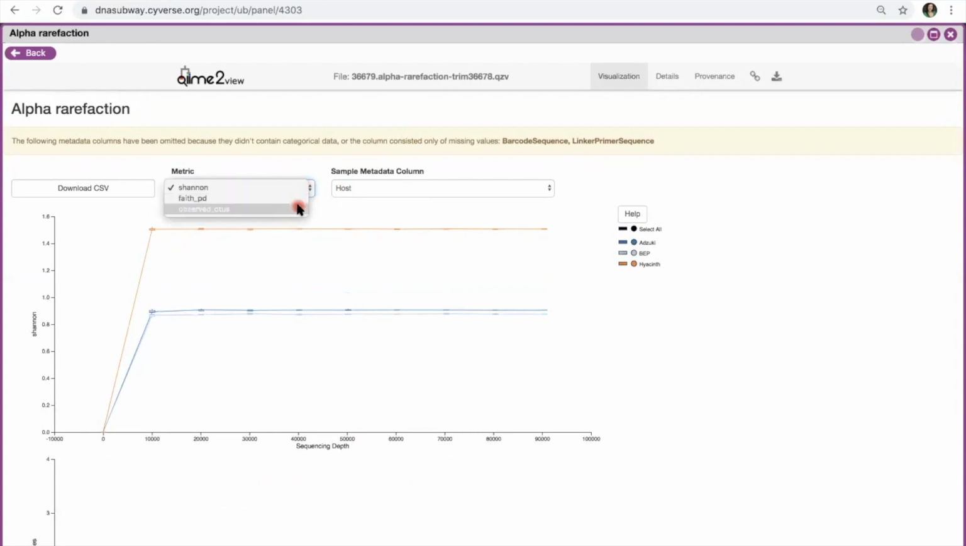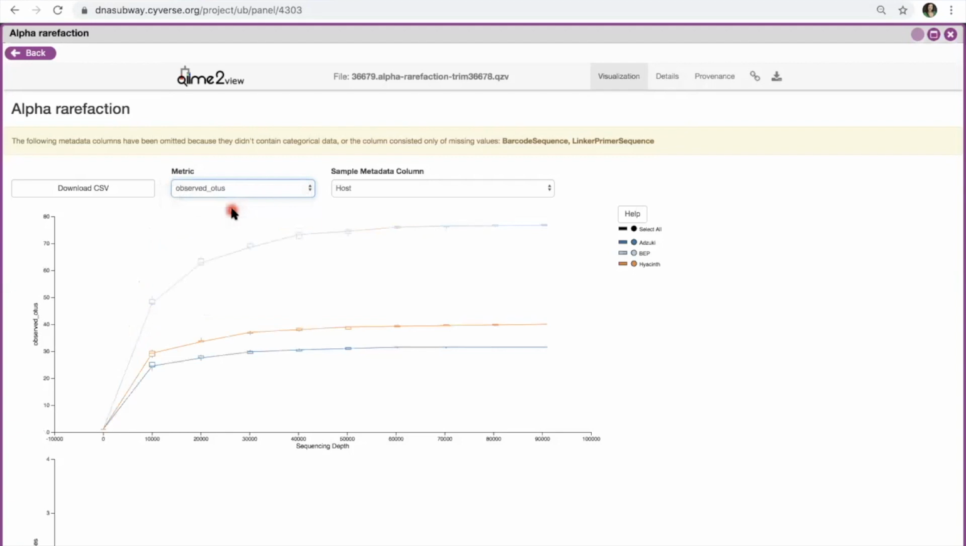So these metrics are basically diversity metrics. They give you an indication of how diverse your samples are, the different types of bacteria that are in the different samples and how diverse they are. So just to briefly go over this and give you the most important information that you need to proceed with this tutorial, click on the Observed OTUs metric,